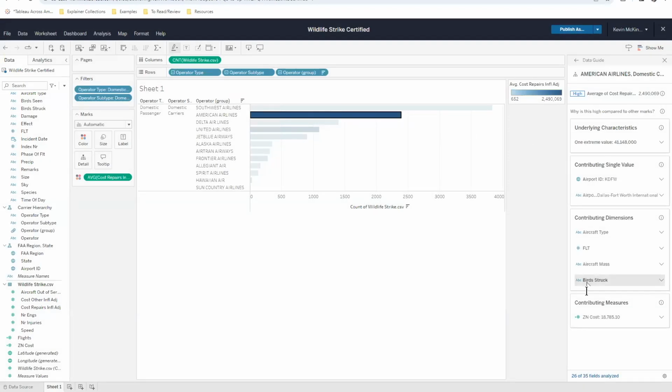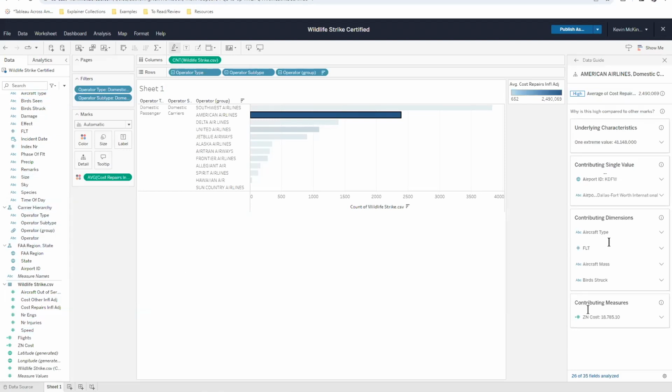Now, Tableau has done a statistical analysis of all of this data. This is an example of those AI and ML integrations into Tableau. What it's done is it's taken the information about the cost of repairs and the number of incidents, and it's compared that data to all of the different measure values and dimensions that we have in our data set.